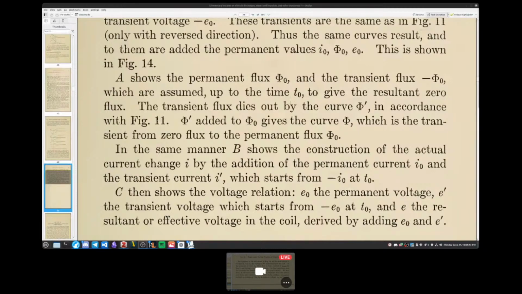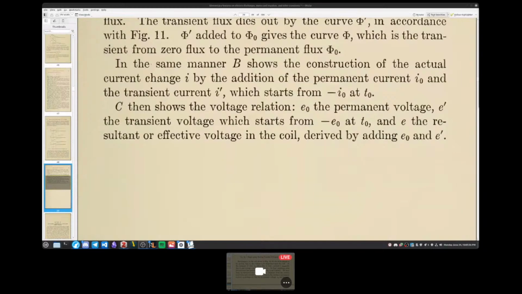The transient flux dies out by the curve phi prime in accordance with figure 11. Phi prime added to phi naught gives the curve phi, which is the transient from the zero flux to the permanent flux phi naught. In the same manner, B shows the construction of the actual current change I and the addition of the permanent current I naught and the transient current I prime, which starts from minus I naught